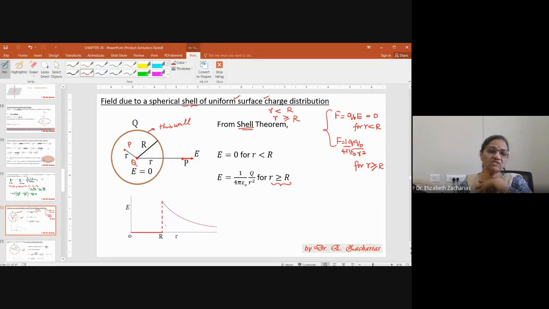Okay, now the next thing is, how do you plot it? Electric field versus small r, where small r is the distance from the center of the shell. You find that the electric field is zero everywhere inside, so that's what you mark, till you reach the surface. After you reach the surface, abruptly the electric field goes up. At this point, it is 1 by 4 pi epsilon naught, capital Q by capital R square. And after that, it falls off as 1 by r square. So this kind of graphical interpretation you should be comfortable with.